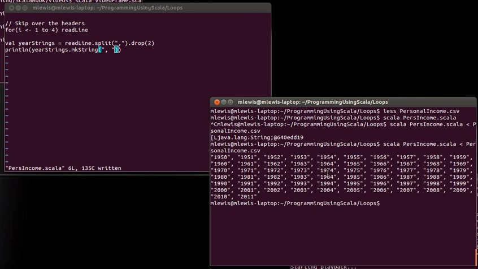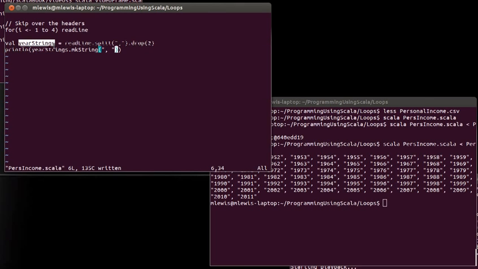But I really don't want these as just years in this format, mainly because I don't want the quotes. I want just ints. This is a bunch of strings. What we have here is an array of string. I don't want an array of string. I want an array of int. So what I'm going to do